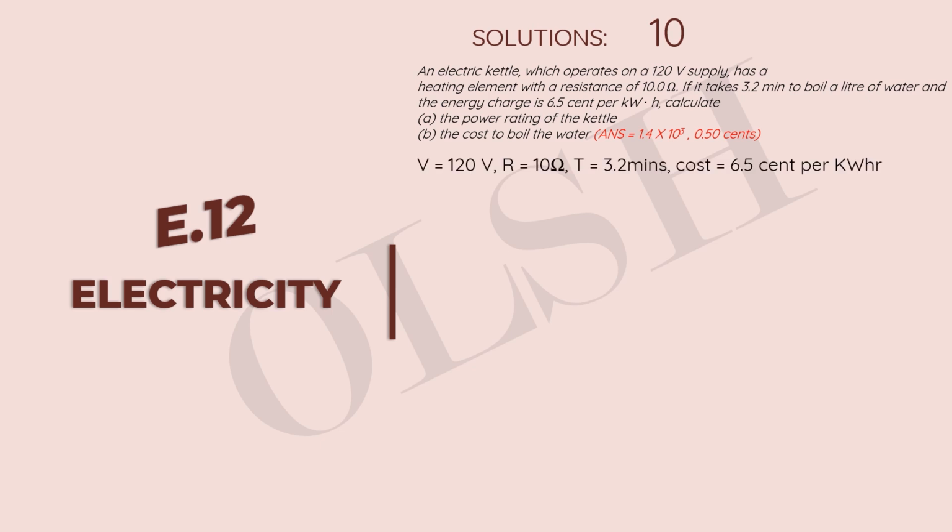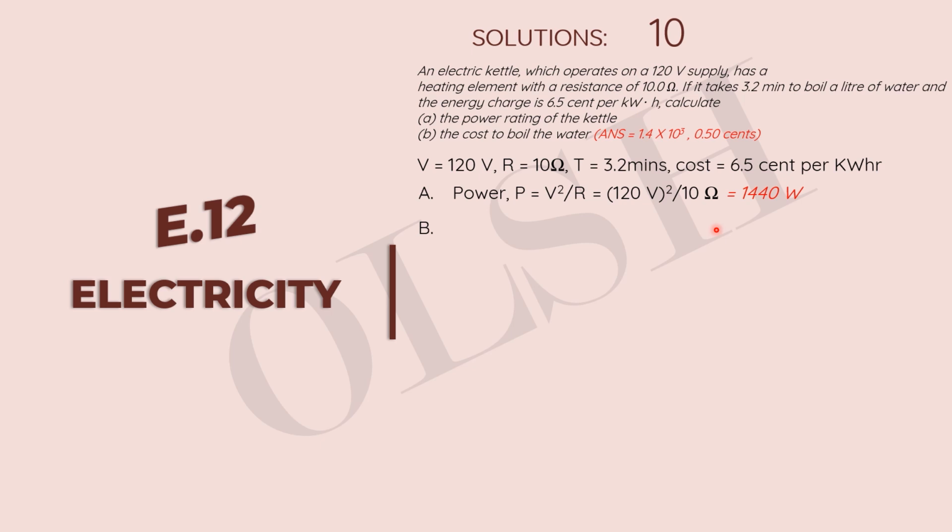So we have these parameters. We have voltage to be 120 volts, resistance to be 10 ohms, time to be 3.2 minutes, cost to be 6.5 cents per kilowatt hour. To solve for A, we remember that we have power equal to V squared over R. Power is IV, and I is equal to V over R. So if we replace I with V over R, we have V squared over R. So to get the power rating of this kettle, we bring in the parameters: 120 squared all over 10 ohms, which will give us